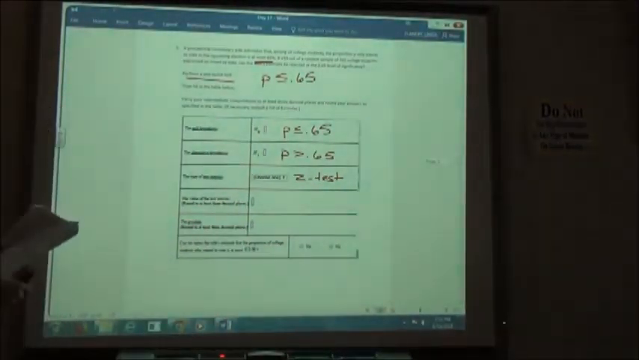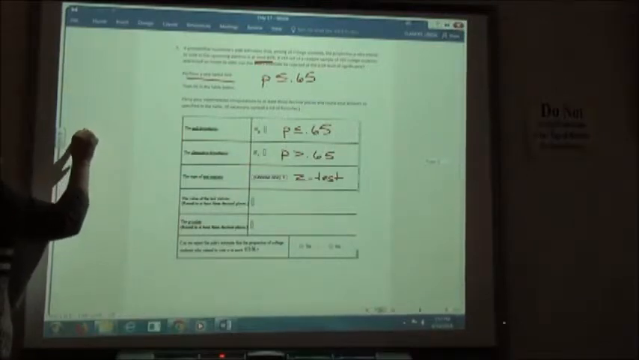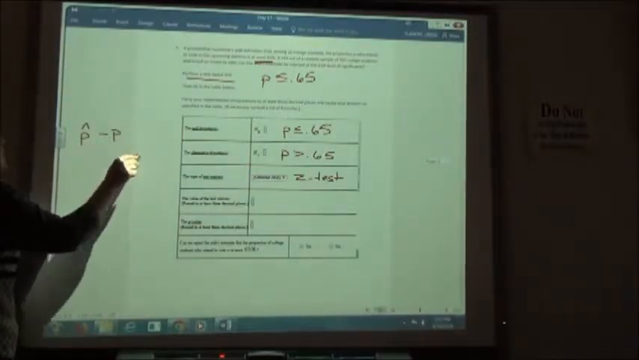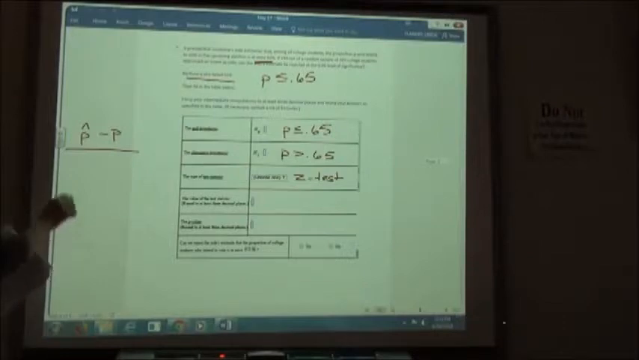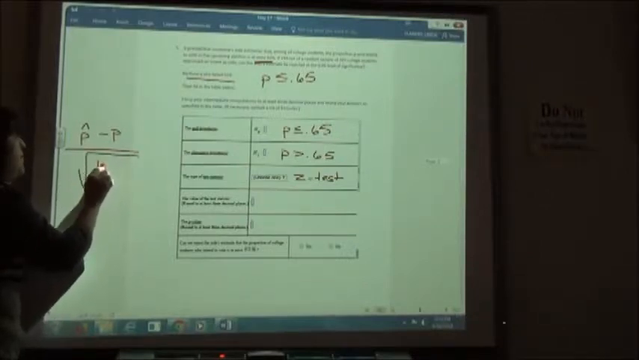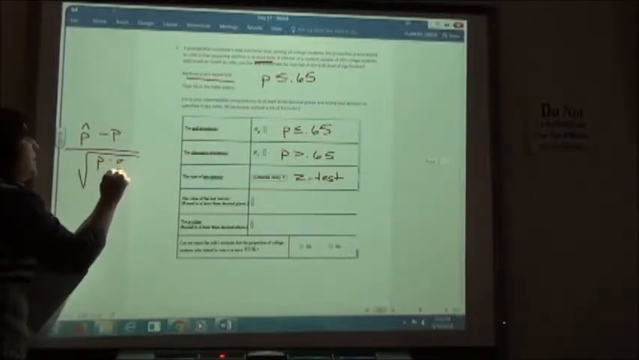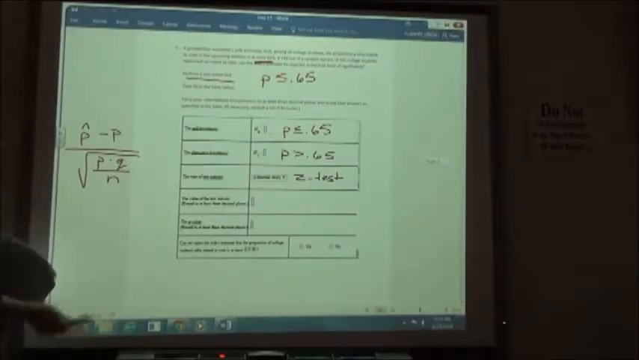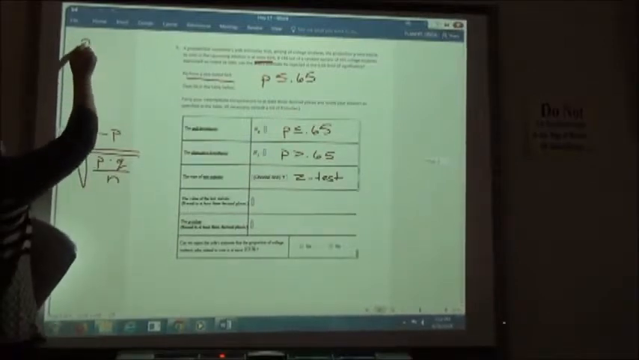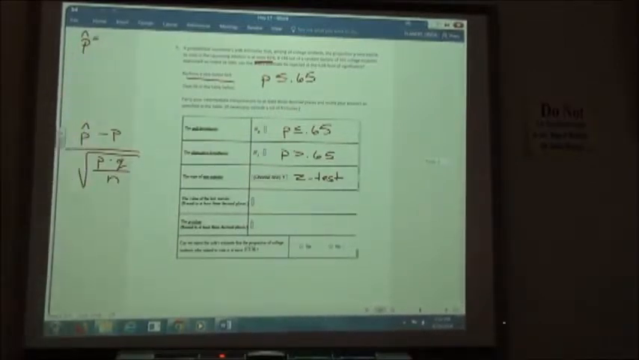And so, we want the P from the sample minus the P that we're comparing it to, over our crazy square root, which they say is P times Q over N. So, the P from our sample, P hat is what they call that. I don't know why they call it P hat, just because that looks like a hat. My proportion from my sample is